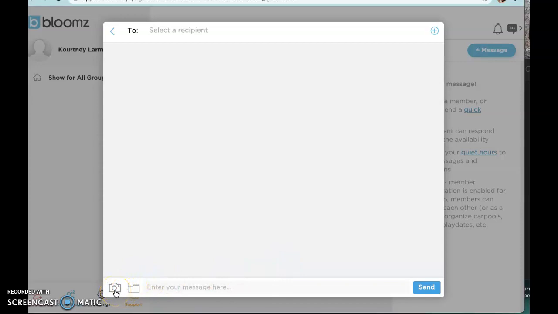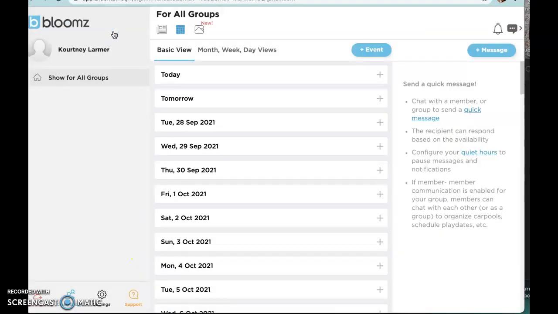You can add like a class photo of what you're doing that day, or an attachment of a flyer or something. This way paperwork doesn't get lost for some of the students that may not give that paperwork to their parents. So yeah,